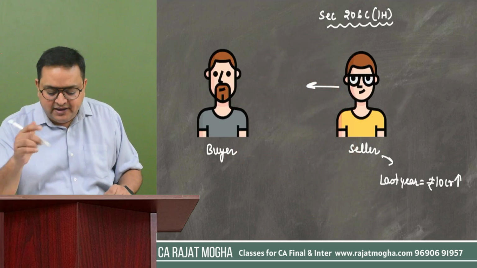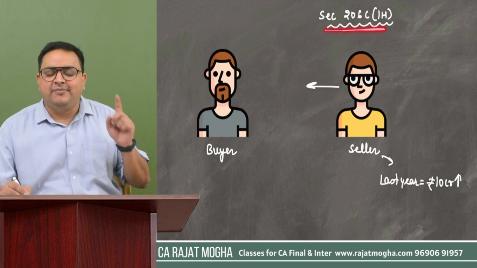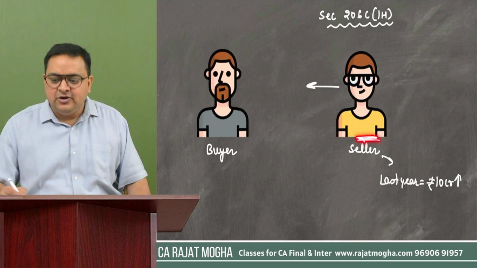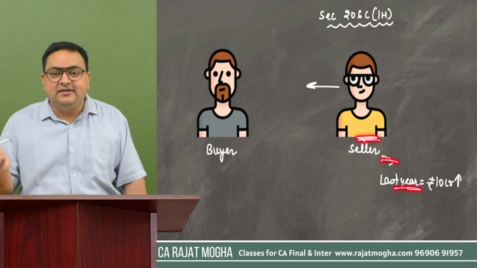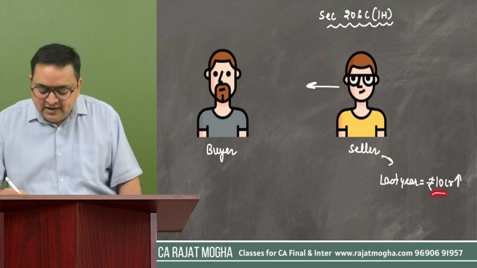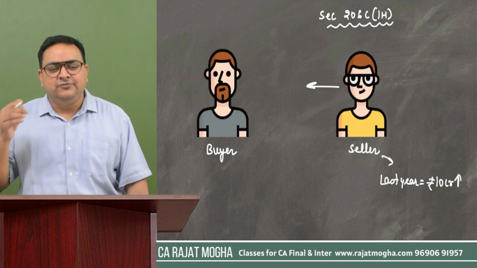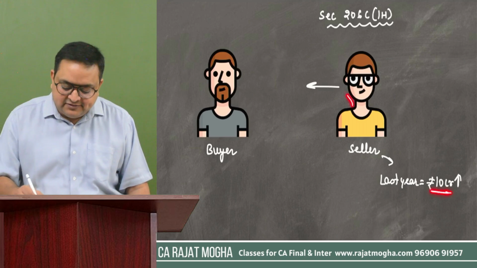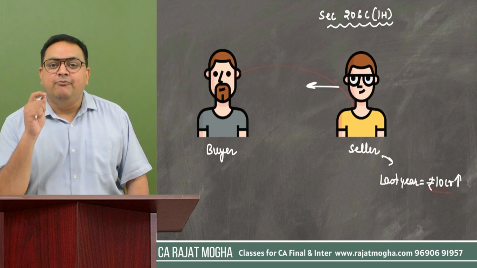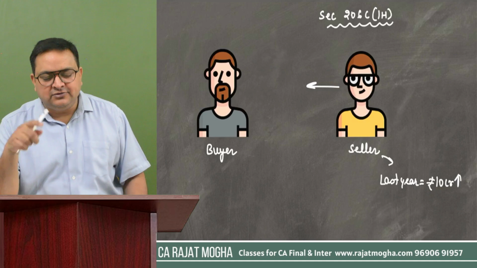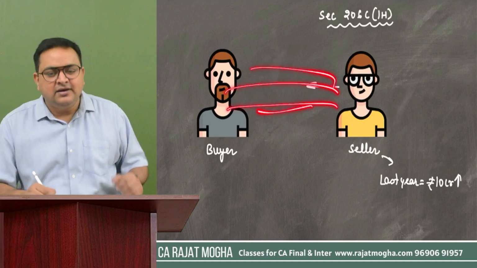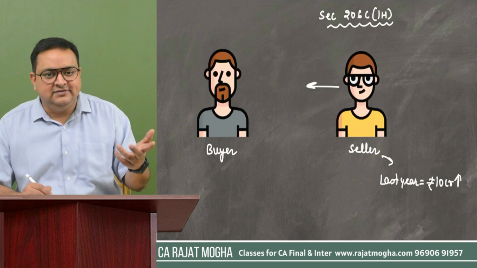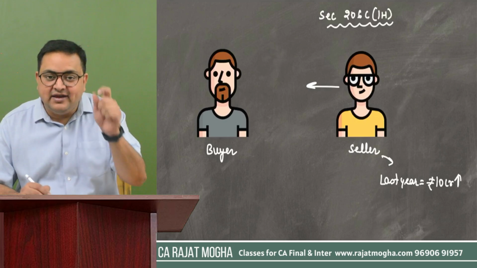So I'm again repeating, 206C1H will apply if this person is a seller whose turnover of the last year exceeds 10 crore rupees. His turnover of the last year means for us, we can say previous year 22-23 turnover exceeds 10 crore rupees. And if this person is making a sale which is more than 50 lakh rupees, you can do the aggregate also. So if this person is doing multiple sales to this person, just keep on aggregating. As and when it reaches 50 lakh, then you have to apply TCS on that excess amount, right?